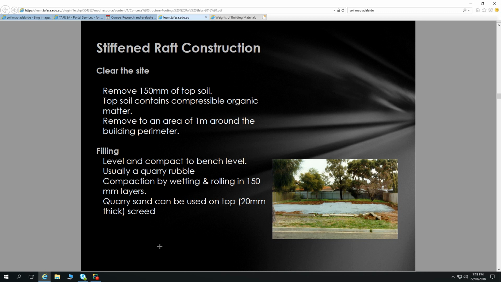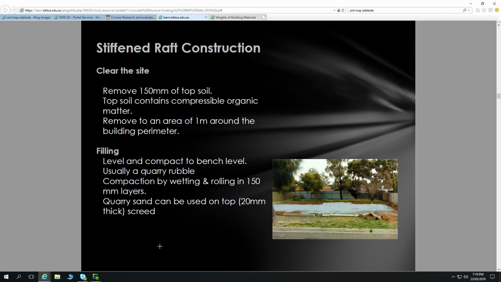First of all, what we do is we clear the site, remove 150 millimetres of topsoil. So 150 millimetres, that's indicative. With our boreholes from that bore log we saw, our top horizon of soil was 400 millimetres, and we might have a lot of humus in that whole 400 millimetres. So it might be that 400 mil which comes off. So we cut it down to that. Then,